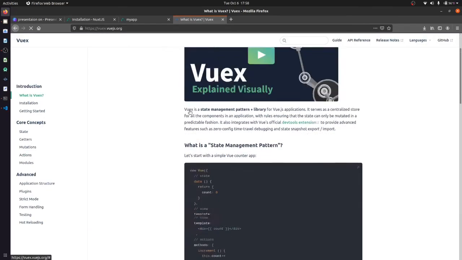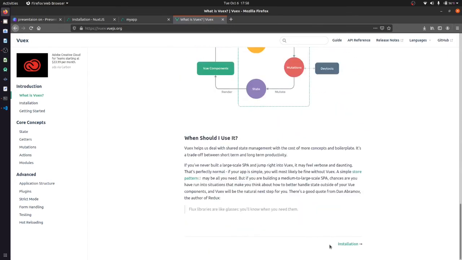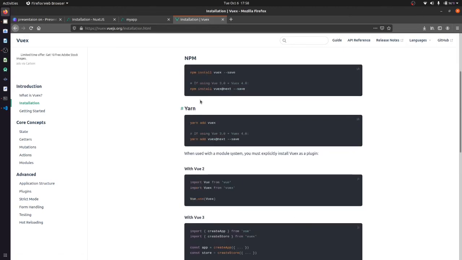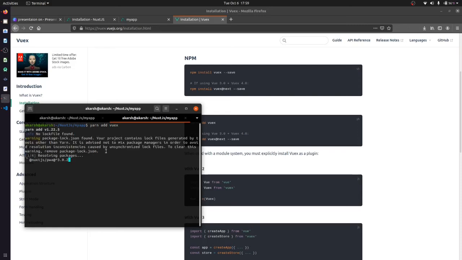It has the state management pattern and how to install it. Let's go to the installation part. You can use npm install vuex --save, or yarn add vuex@next. I'm going to use yarn; you can use npm also, it's totally fine. Let it install.